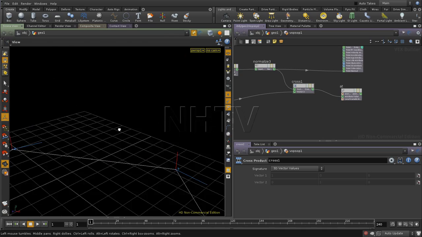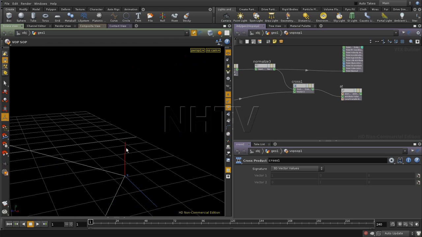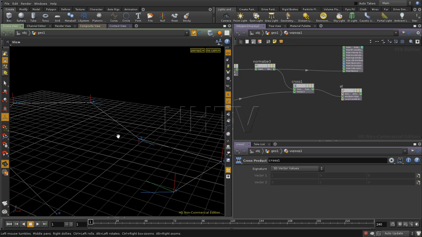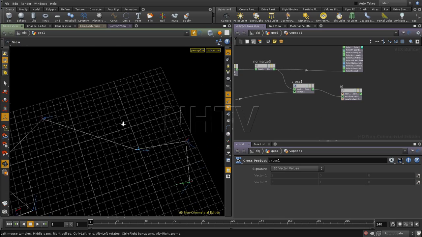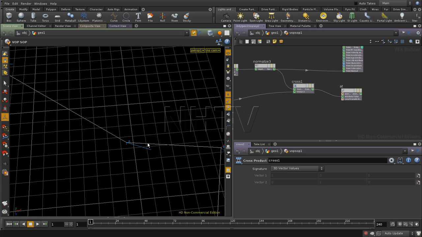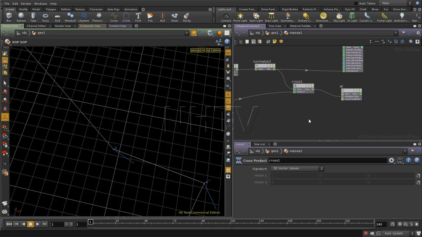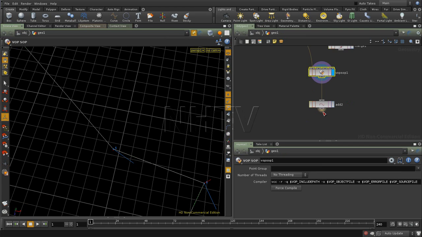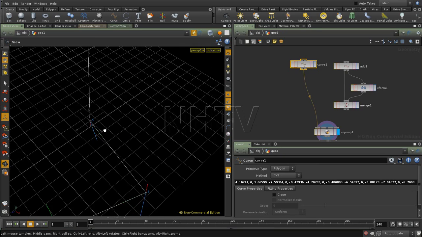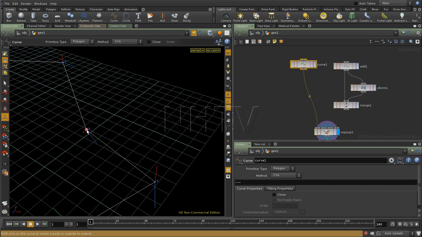Now as you can see, we have longer and shorter vectors. This one is a fairly short one, this is even shorter, and then we have pretty long ones. Now the thing is, the length of this is also a reflection of how much they differ in angle. So if we go up and play with our point positions over here, you're going to see that the closer I bring it to a straight line, the shorter this line is going to get. And once you get completely straight,